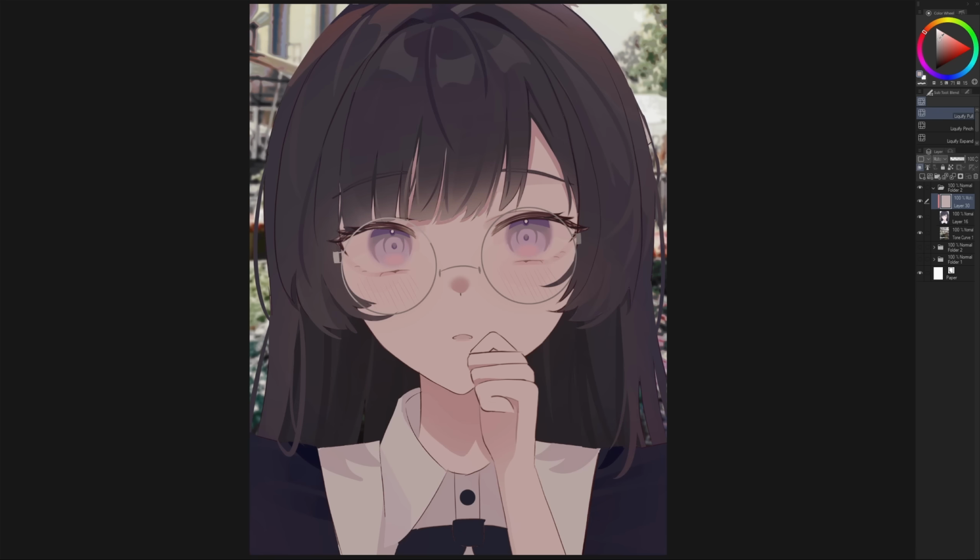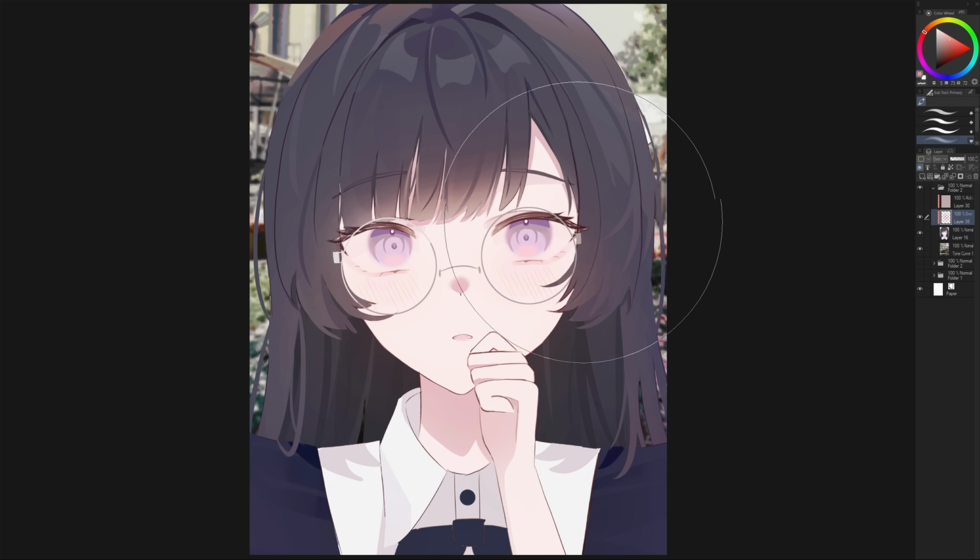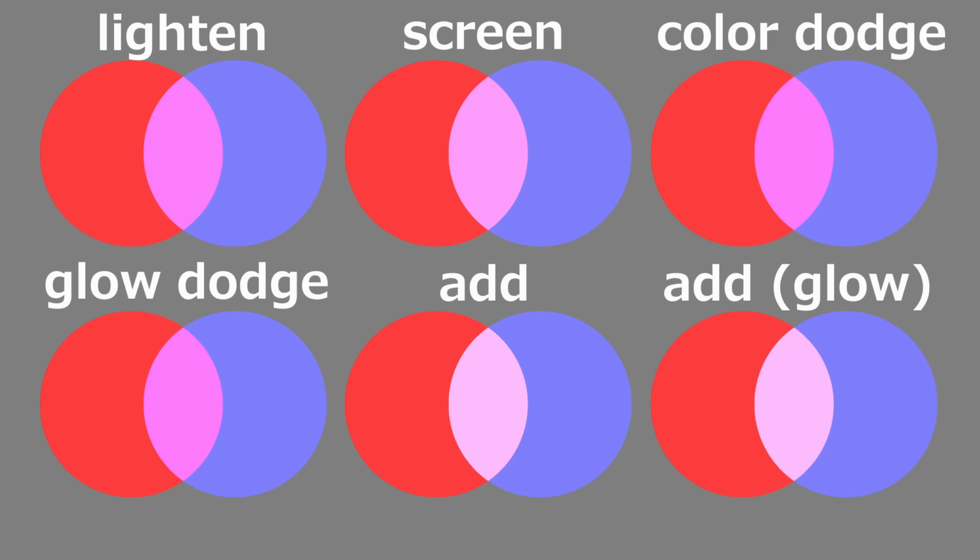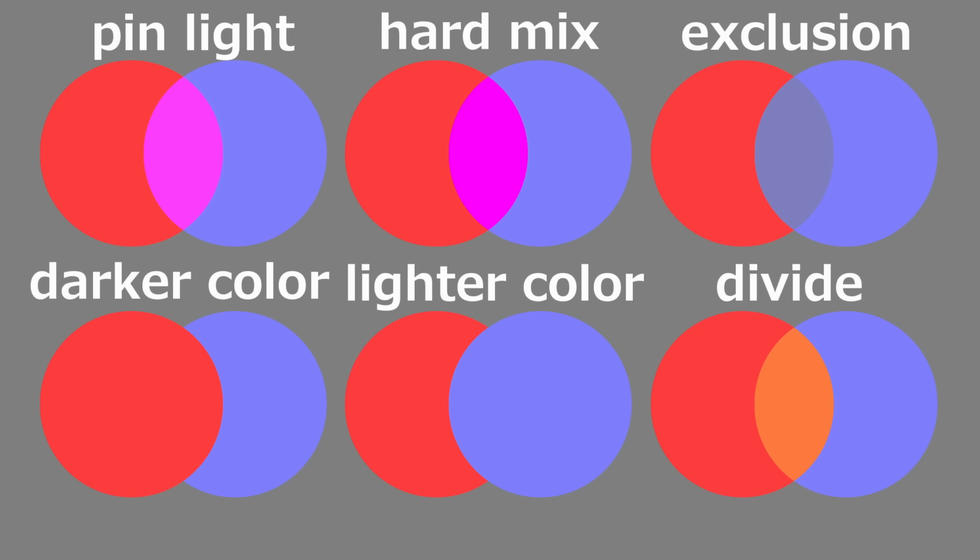You might think that you already know everything there is to know about layer modes already. A multiply layer to create shadows for you, or an overlay layer to boost the contrast. But what about all of the other layer modes? What about screen, brightness, or divide? What do all of these layer modes do? In this video, I'll go over all of the layer modes and teach you how to utilize them for your